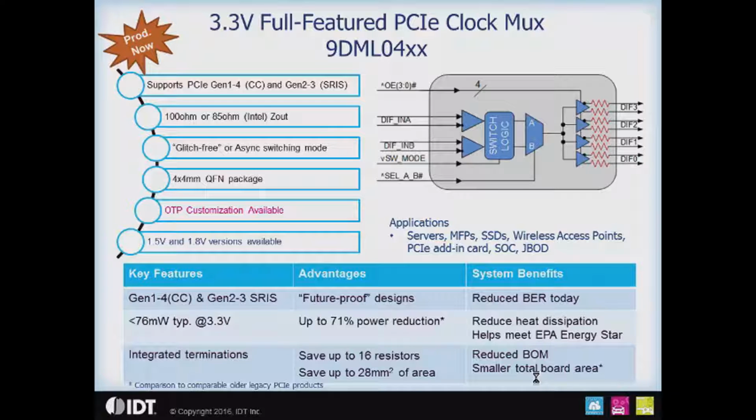It's packaged in a 4x4 QFN, and with this 3.3 volt device we can factory OTP customize the part for you. For instance, maybe you want a different slew rate or a different output amplitude, or you want your output enable to be active high instead of active low. These are all configurable. They also have 1.5 and 1.8 volt parts in the family as well. So the 3.3 volt device,